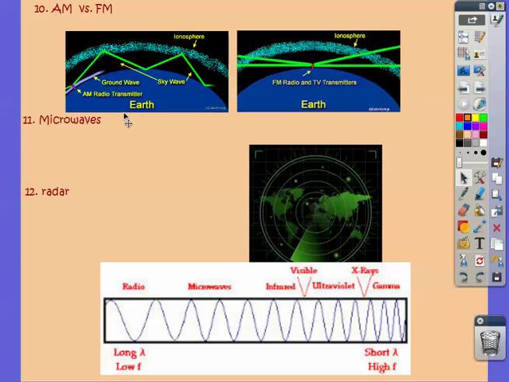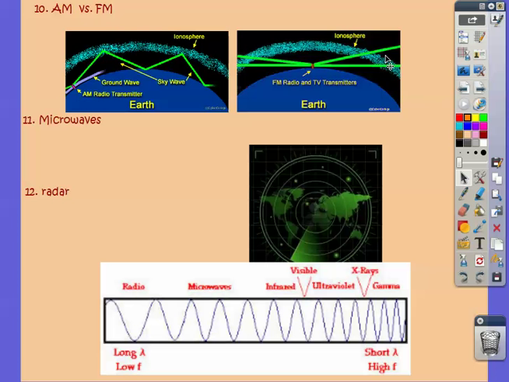So AM waves actually have such a low amount of energy that if they reach the ionosphere within our atmosphere, they're going to reflect off that and bounce down. They don't have enough energy to get out of that. This allows us to send radio waves really long distances if we were using AM waves, where they can bounce off the ionosphere and come back down. They bounce off the ground and go back up to the ionosphere. So it allows them to travel really, really great distances, as opposed to FM radio waves, which have more energy, and that's probably why they come in more clear on your radio. But they also have enough energy that they will leave through the ionosphere, so they don't bounce,